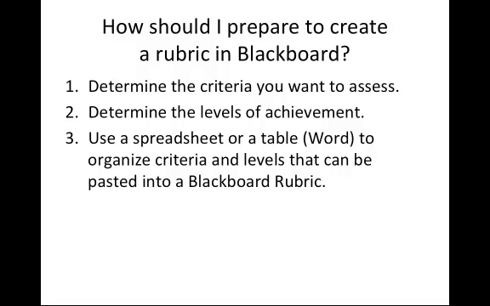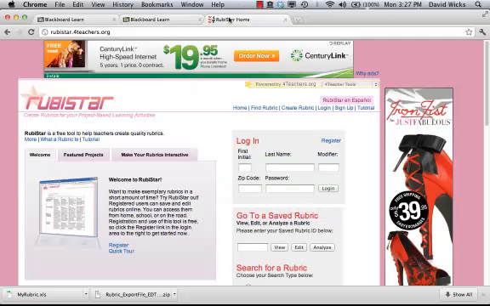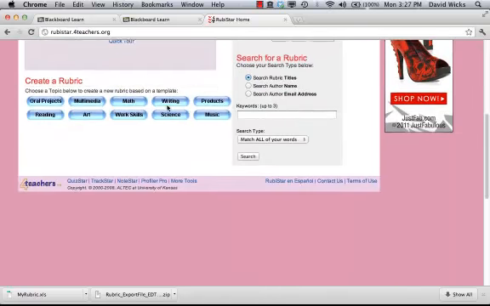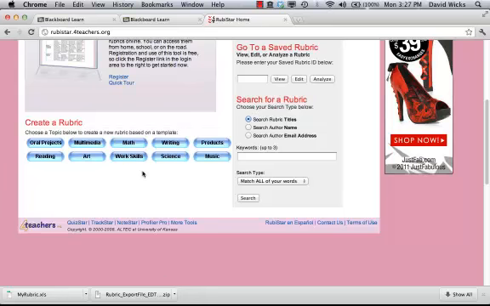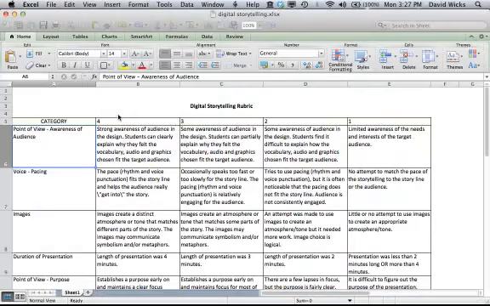And then strongly recommend, with David Denton's recommendation, that you use a spreadsheet or a table to organize these criteria and the levels before you go to Blackboard so that they can just be copied and pasted. And so if you use a tool like Rubistar, as David Denton has suggested, so here's Rubistar, you can go through, and you can just start at the bottom and actually click on one of these links, and then you can go in and actually edit an existing rubric, or you create your own. And this is actually one that I created in Rubistar, but